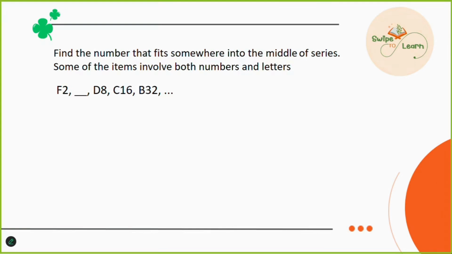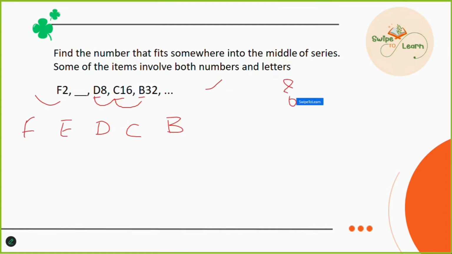Okay, so the letters are following an alphabetic order in reverse. So B, C, D, missing here, and F. So when we analyze the pattern, here we get B, C, D. Definitely here there should be E. So in this missing term, we found the alphabet, which is B, C, D, E, and F. Okay, now we found that alphabet.